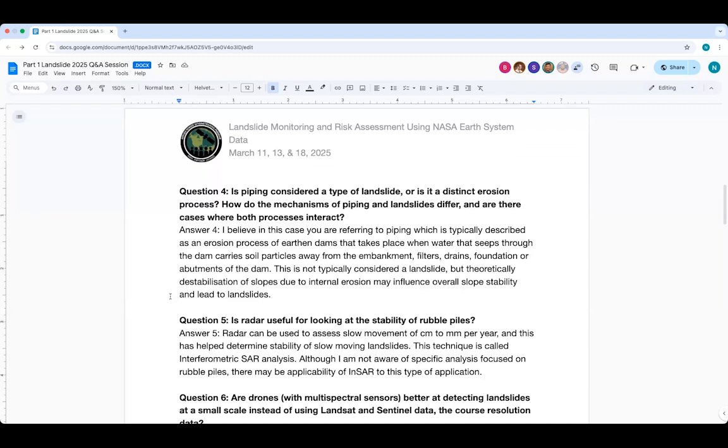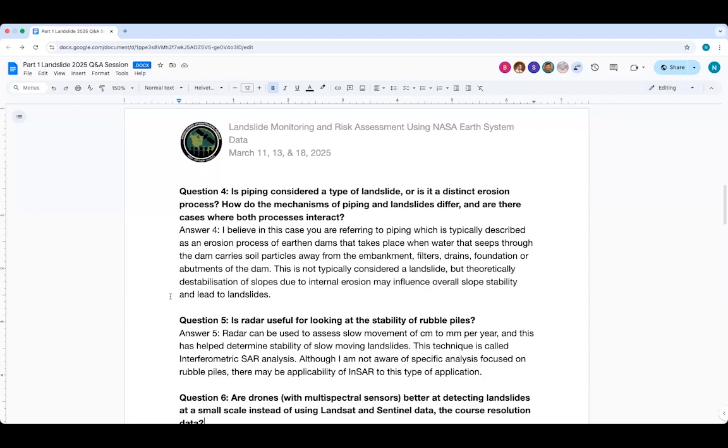That would not be typically considered a landslide, but as I stated here, theoretically, destabilization of hill slopes due to that kind of internal erosion may influence overall slope stability and ultimately lead to landsliding if that changes the frictional structure within a hill slope. So that's certainly a relevant consideration if there is a process of internal water erosion. I will say that